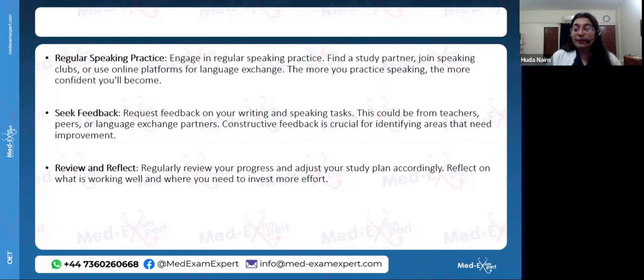And then getting feedback, you need to get honest, authentic feedback, because a lot of the time what candidates do is they ask their friends to assess the letters. The friends who've already given their OET, they ask them to just go through the letter and tell them if the letter is okay or not. But the problem with that is that those letters are not assessed according to the original OET pattern. The OET has a very set pattern of how the letters should be assessed, the different criteria against which the letters are marked. So you need to get honest professional feedback for your writing as well as your speaking.